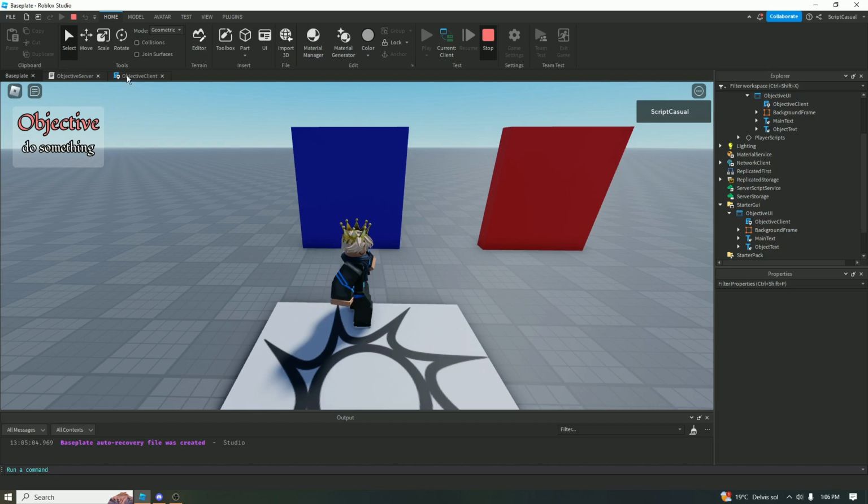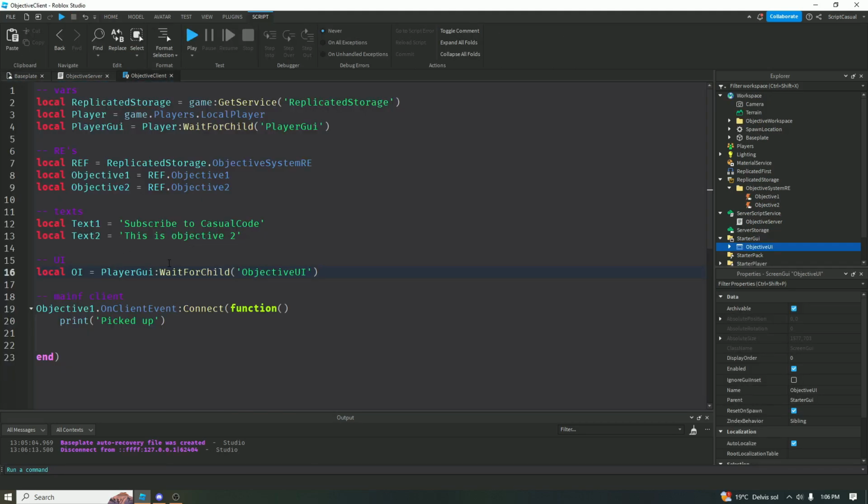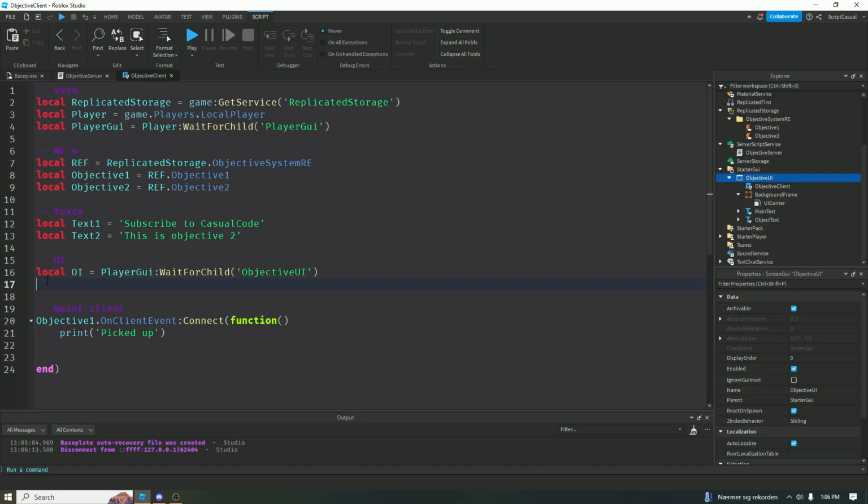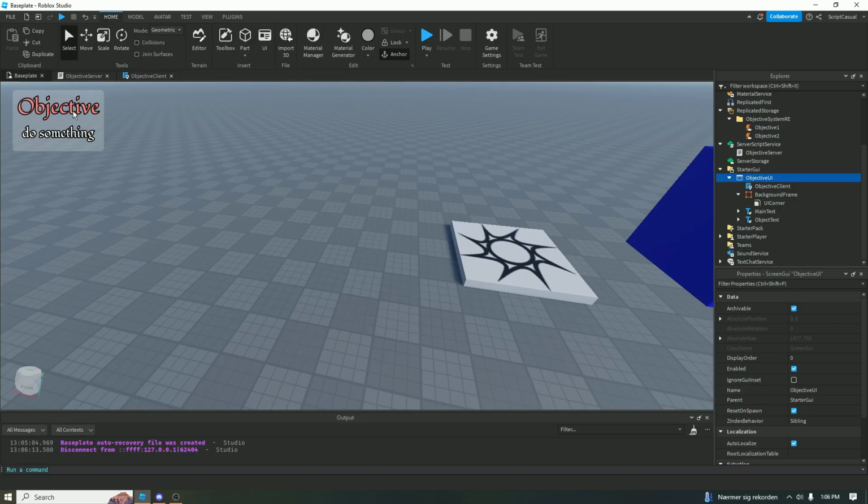So what all this means is that we now just need to define our two texts. So opening this up so I can see what the names are, we will do local MT, stands for main text, equals OI dot main text, and we can do local OT equals OI dot object text. So now we have the two texts we want to change. In this script, I want the objective to just be the objective. I don't want it to actually change at any point. So essentially,